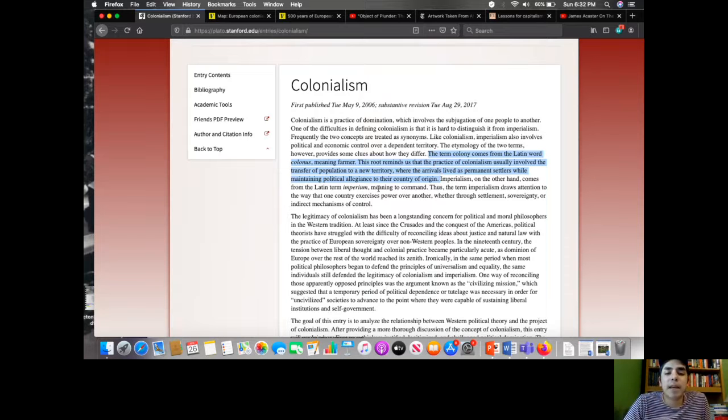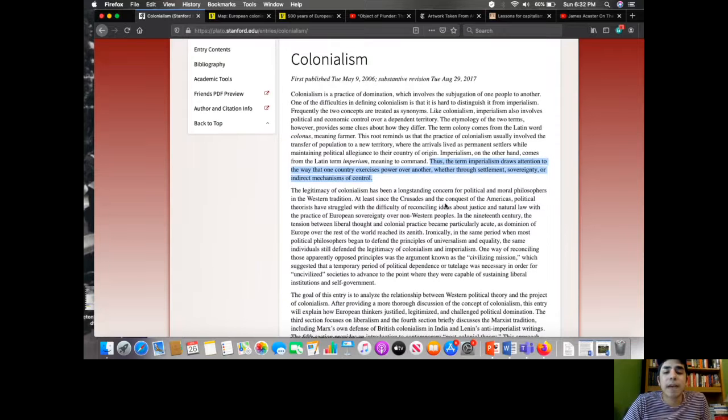Imperialism, on the other hand, comes from the Latin term imperium, meaning to command. Thus, the term imperialism draws attention to the way that one country exercises power over another, whether through settlement, sovereignty, or indirect mechanisms of control. So you can think of colonialism as a branch, a subset of imperialism, where colonialism oftentimes involved physically settling in new territories that were occupied by indigenous peoples and still remaining politically allegiant to a